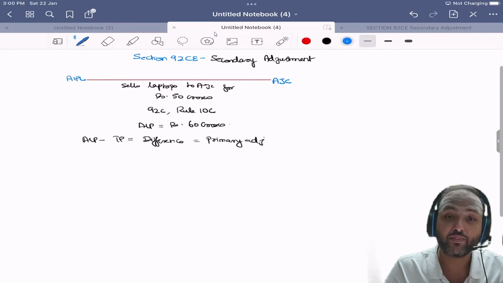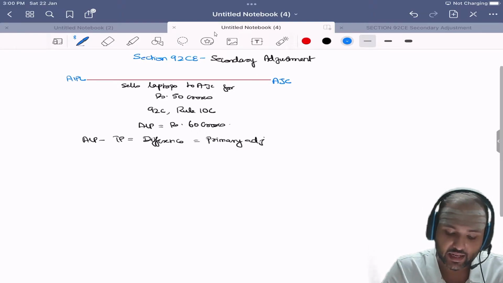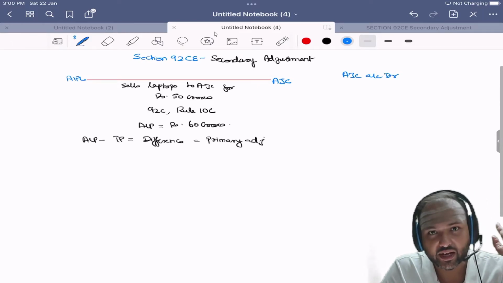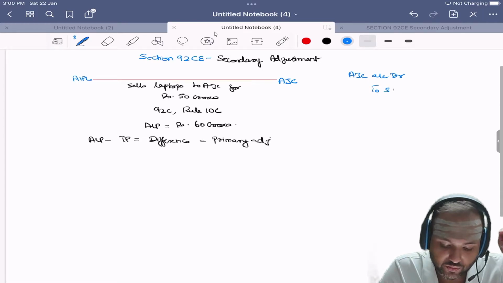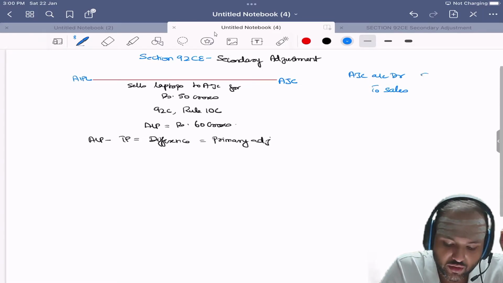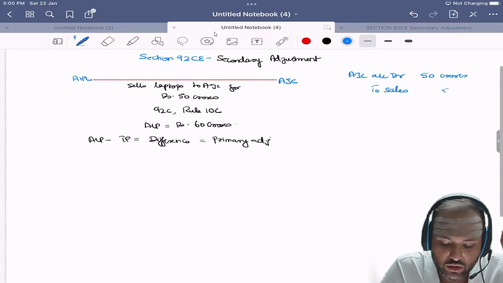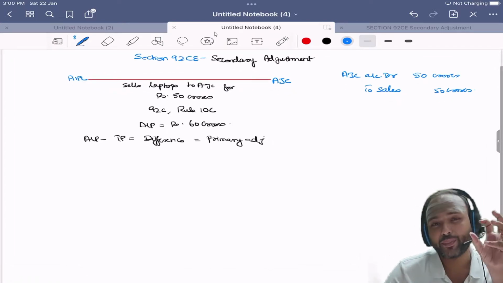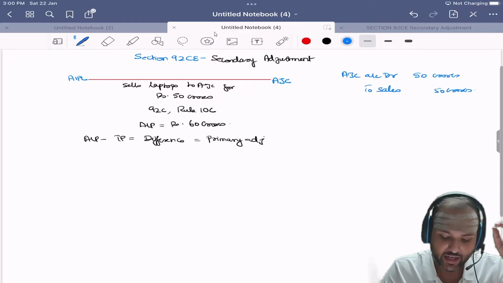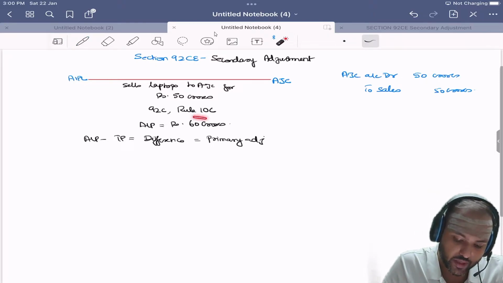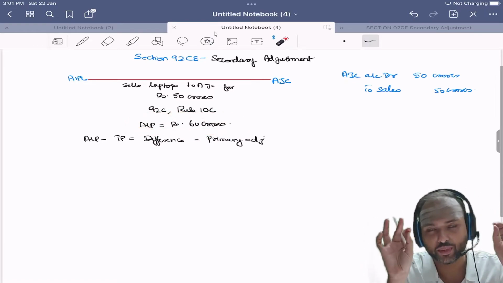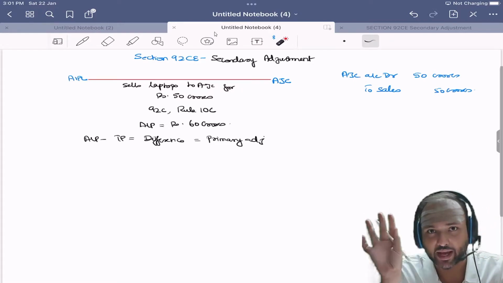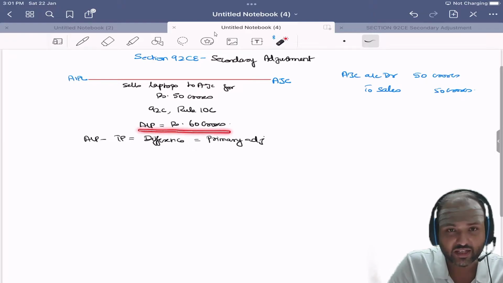Let us take the case of AIPL. AIPL, when they made the sale, they would have accounted for it like this: AJC account debit, because they are the debtors to sales, and they would have accounted for 50 crores. Correct? So this is how the accounting entry used to happen. Now, what was the issue that the department saw in this? Now, by finding out that 60 crores should be the arm's length price, what happened? The exactly rightful income got subjected to tax. So what happened? 60 crores got subjected to tax.